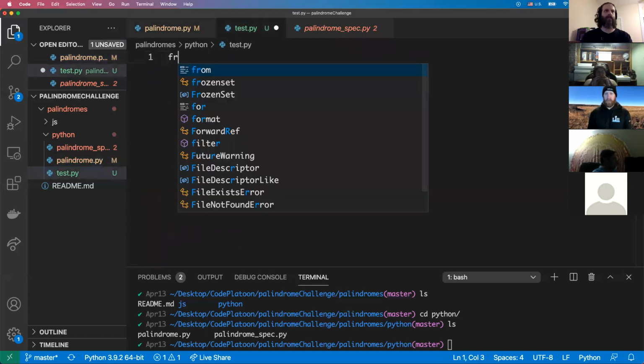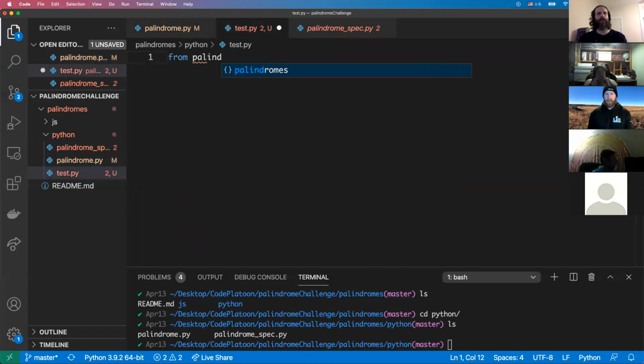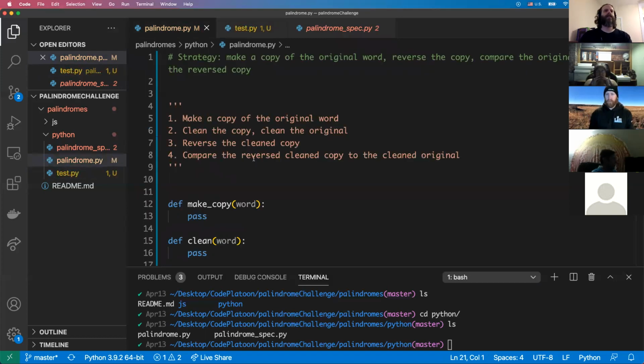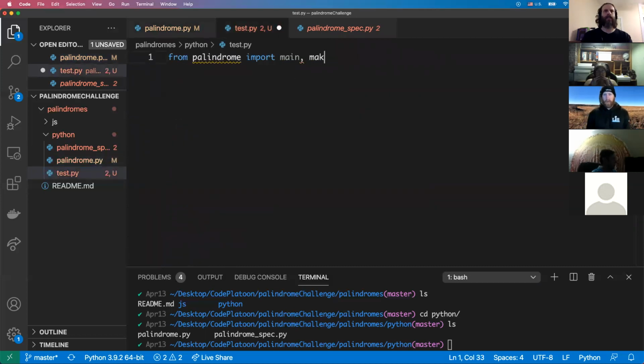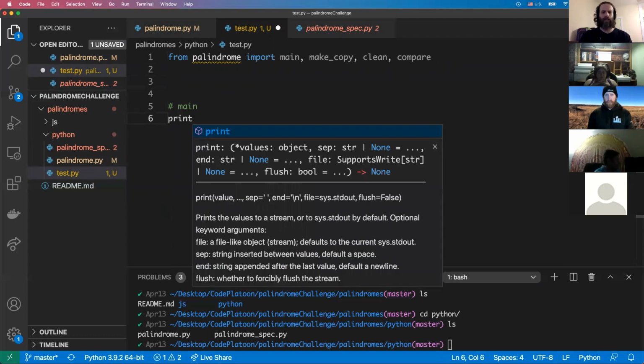So I'm going to do from palindrome import main, all the other ones, make copy, clean, compare. So now I can use all of these functions here. So first thing I'll do is I'll test main. So print